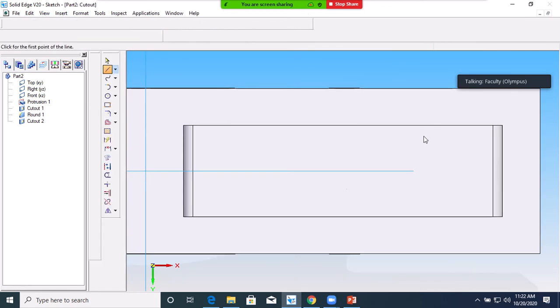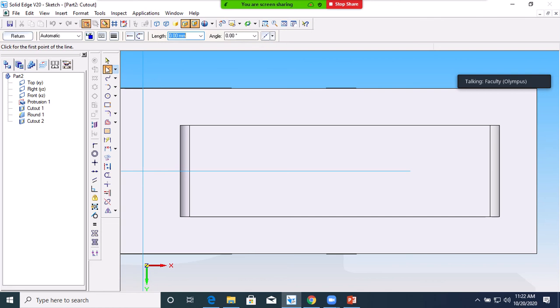As I told you, the distance from this center to the center of the hole is 31 mm. So here you have to place a square. So I draw a square outside, 20 mm into 20 mm, at 0.